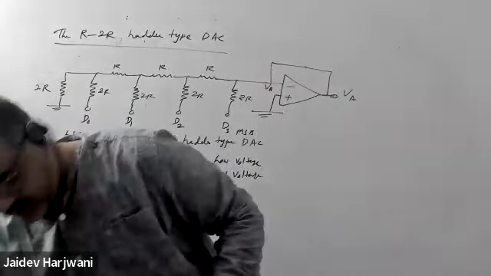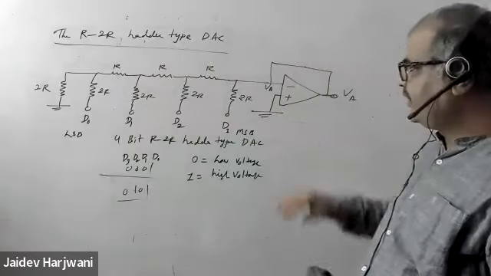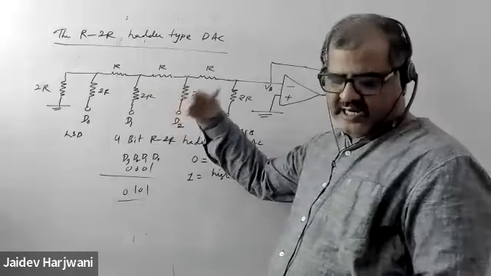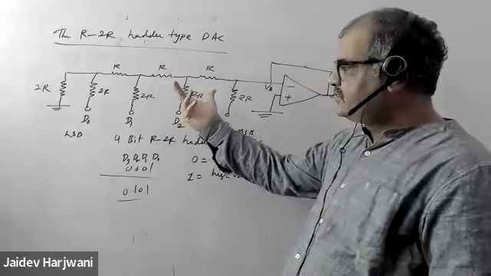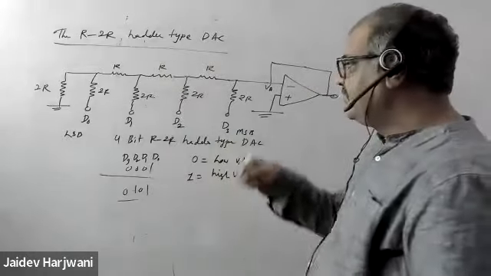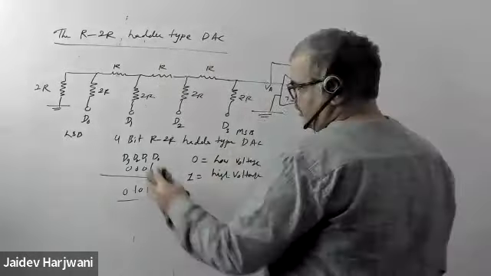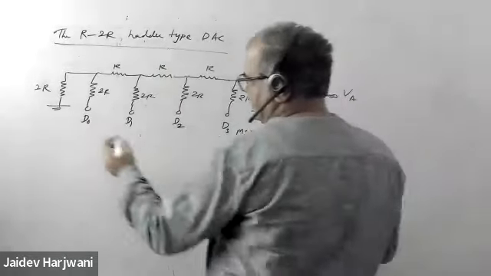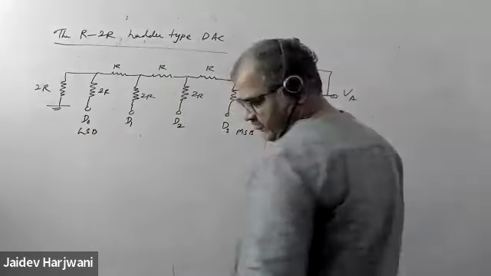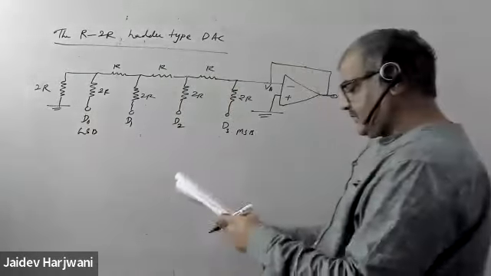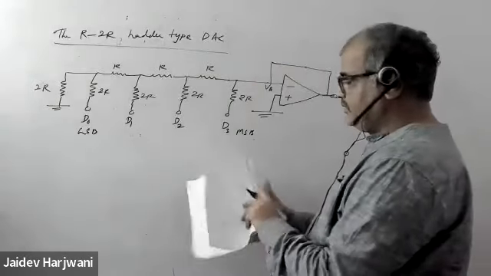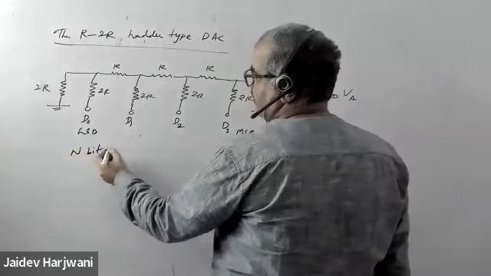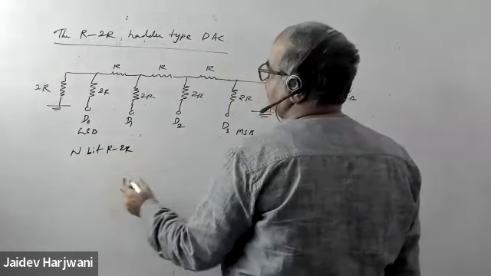In simplest form, this is your 4-bit R to R ladder. It can be 3-bit, n bit. So what is the conversion formula from digital to analog output? I'm directly writing the formula for an n bit converter, and then we will derive that formula. So if you have an n bit R to R ladder type